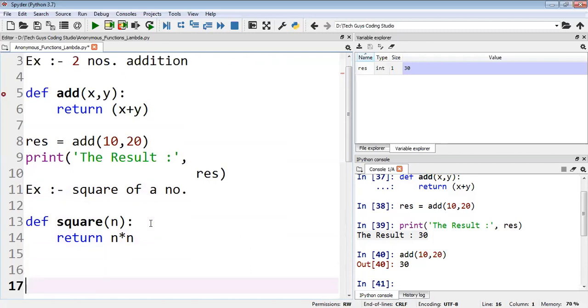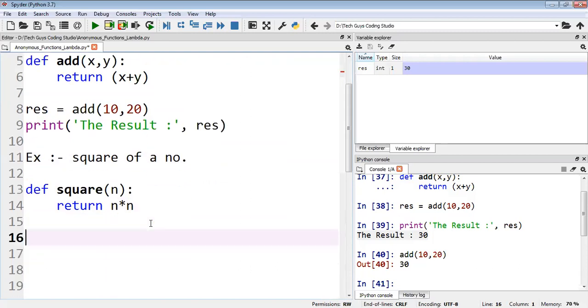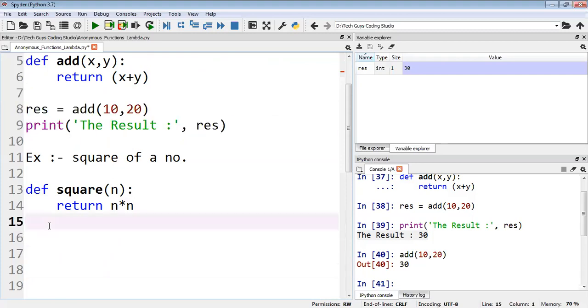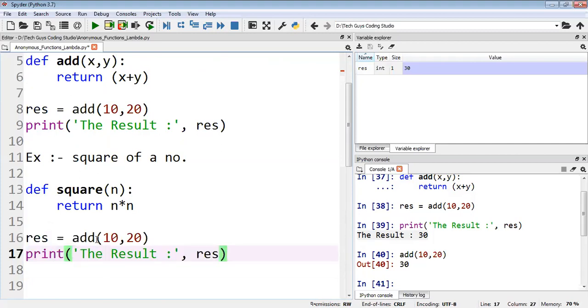There are two ways to write it. The same thing you can write here, you just replace it with square, and you display only the one value.